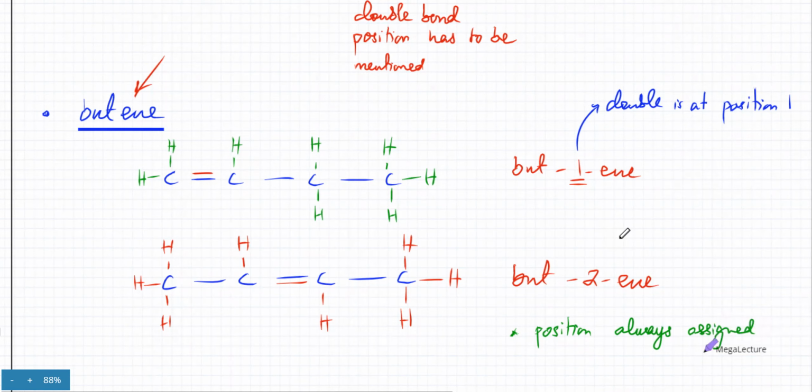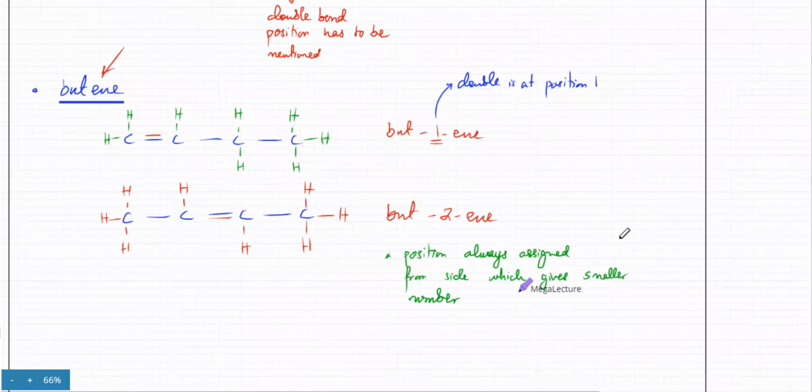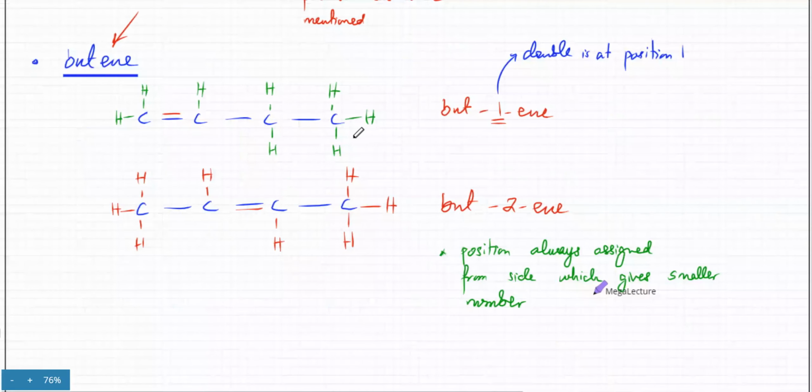So it's always assigned from the side which gives the smaller number. You could have counted it from this side. So this is first, second, and the double bond is on the third carbon atom. Somebody must be counting from this side, so this is carbon number one. So you're going to count from the side that gives a smaller number. So one is but-1-ene, the other one is but-2-ene. And also remember that